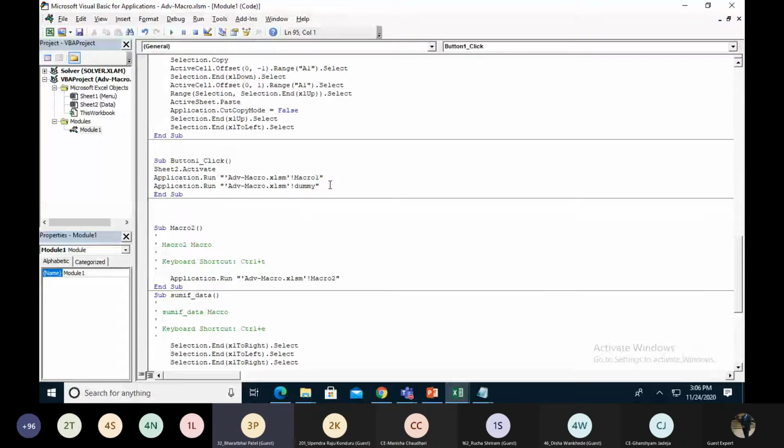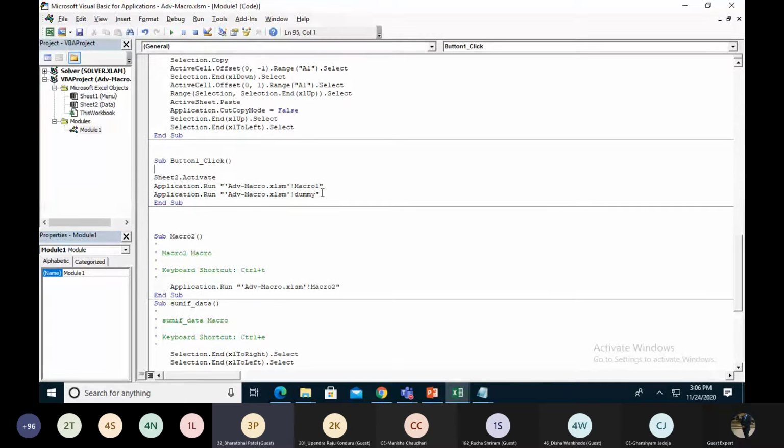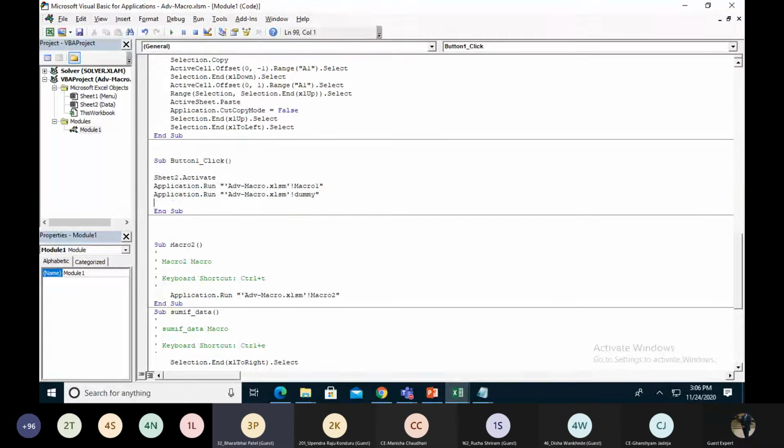The button one click, for example, is a procedure, and macro one is also a procedure, where the Sub keyword is written. So I can also simply write Call macro one, and it will work the same way. I'm not simply using the Call macro because we are using this kind of code, Application.